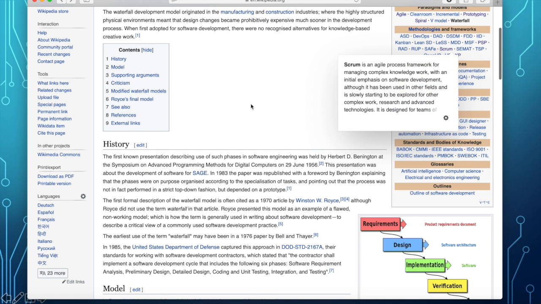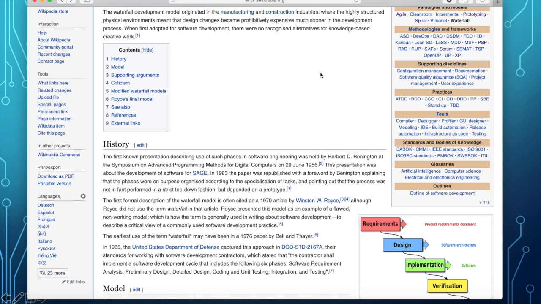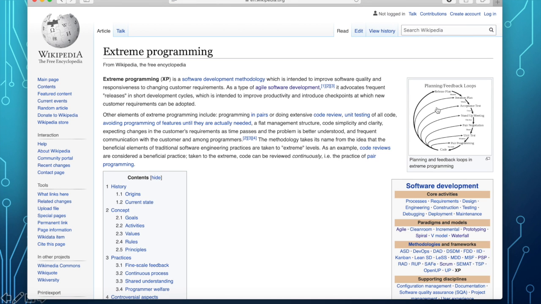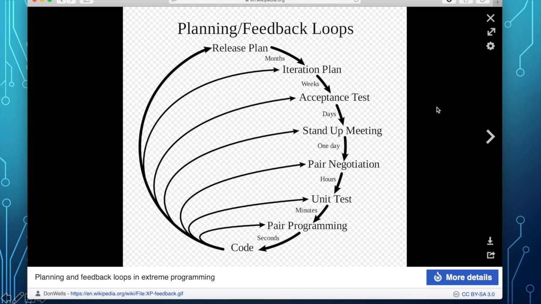The next one I'd like to show you is the XP. It's called Extreme Programming, okay? And Extreme Programming works like this. So all the software engineers are grouped into pairs. So they are pairs, and there is no team. The team is just the pair of software engineers. So at any one point, one is a coder and the other is a